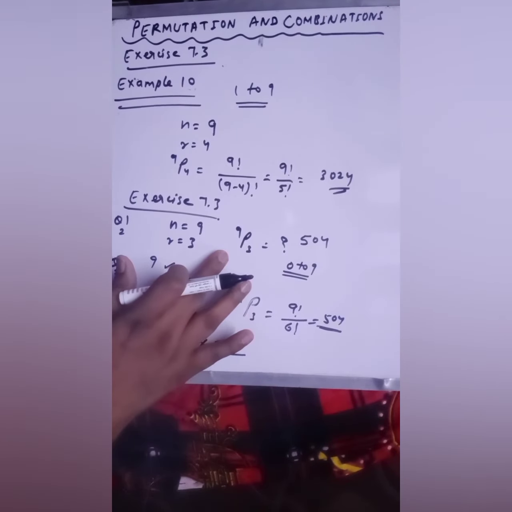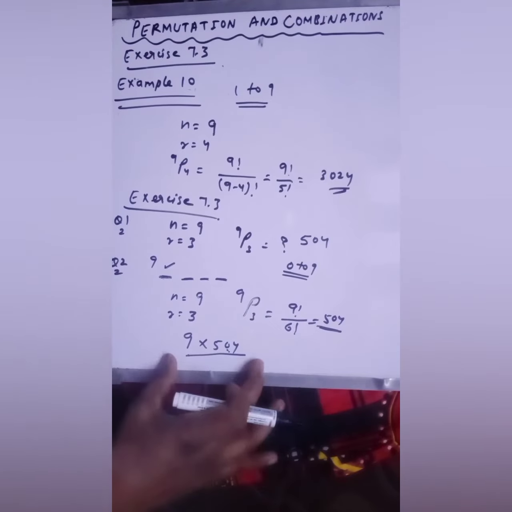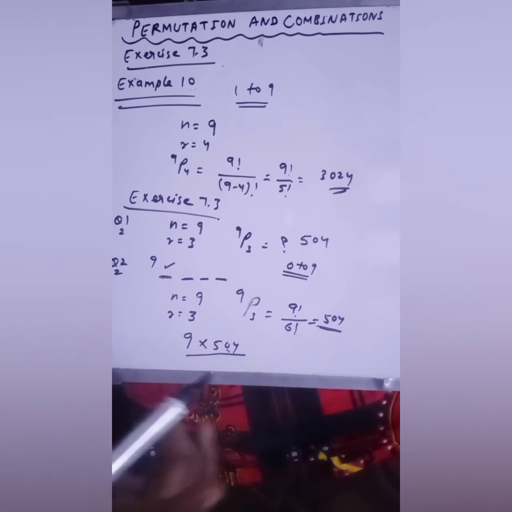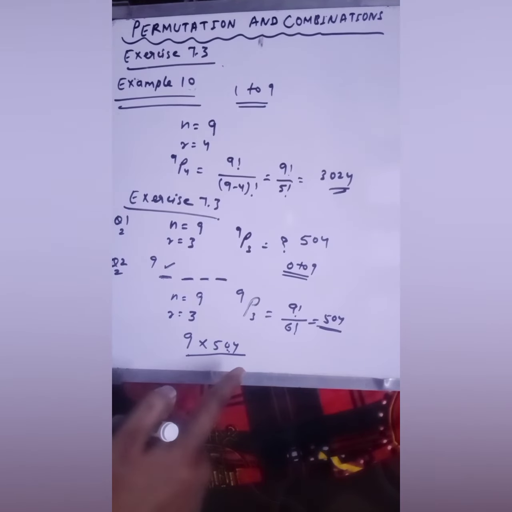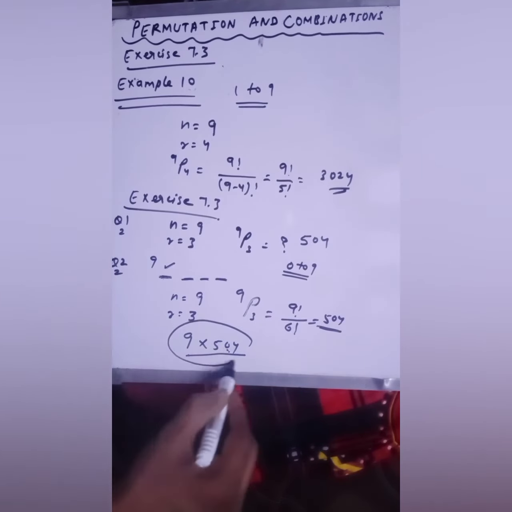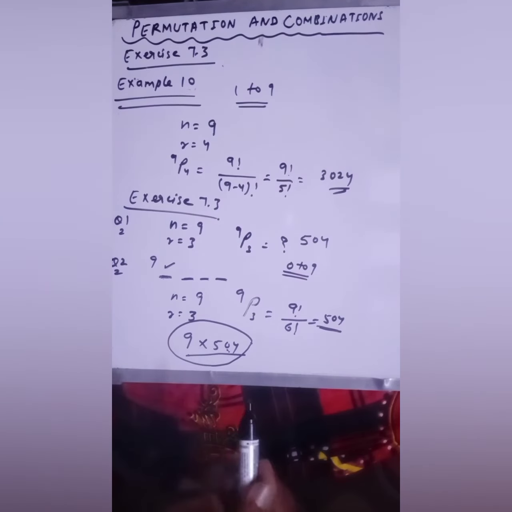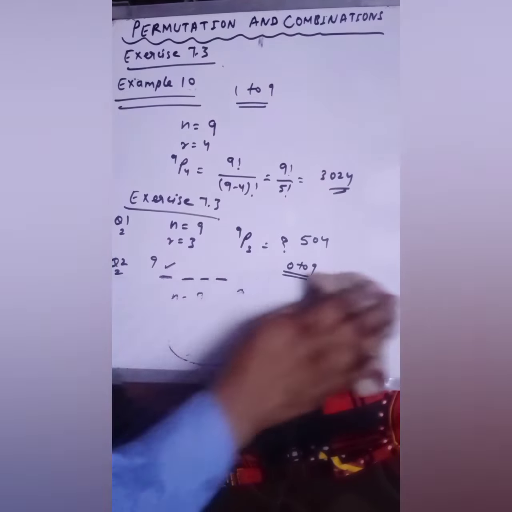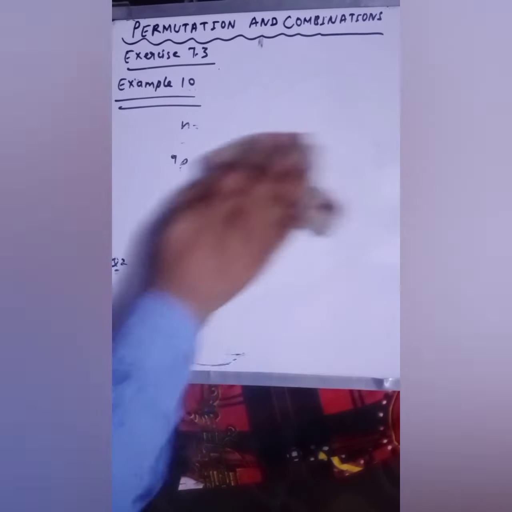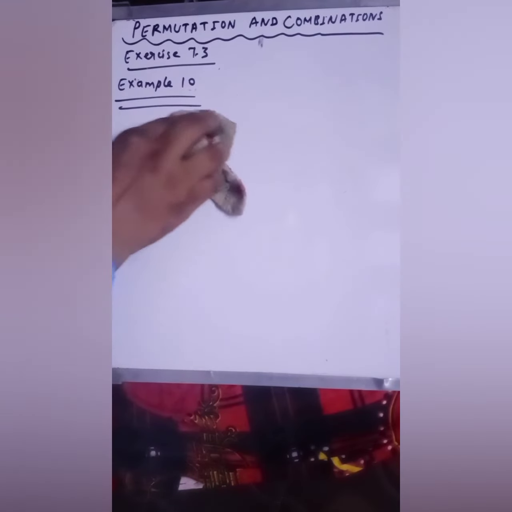Here there is no need to multiply with 9, but in question number 2 you are multiplying with 9. Why? This is your question, and you have to give the reason for this. Why are we multiplying this by 9 in question number 2? Explain. Now we are going to solve question number 3. Please send your answer in the group when you watch the video.